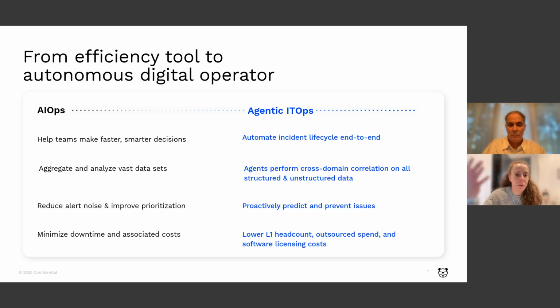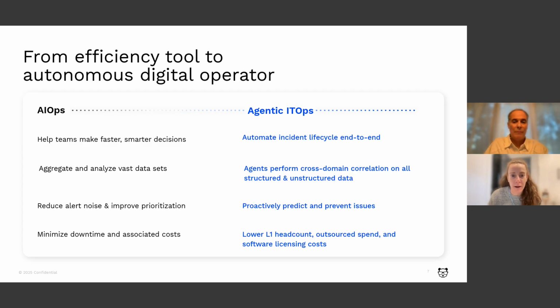Now, if we take that cross-domain correlation, we're putting all of this rich insight into that operational intelligence layer that your teams can go back to, the agents can go back to time and time again. You're really understanding patterns at scale and being able to then not just respond to those issues faster, but actually predict when one might be happening and get ahead of it and maybe stop it from happening in the first place.